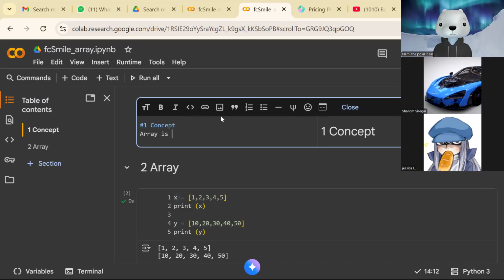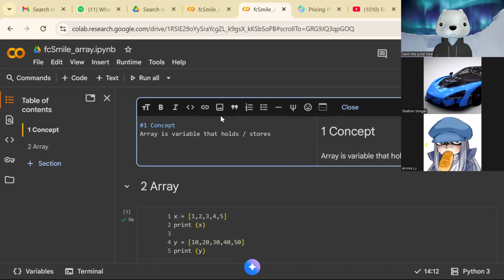Array is a variable that holds or stores multi elements or multi-value.